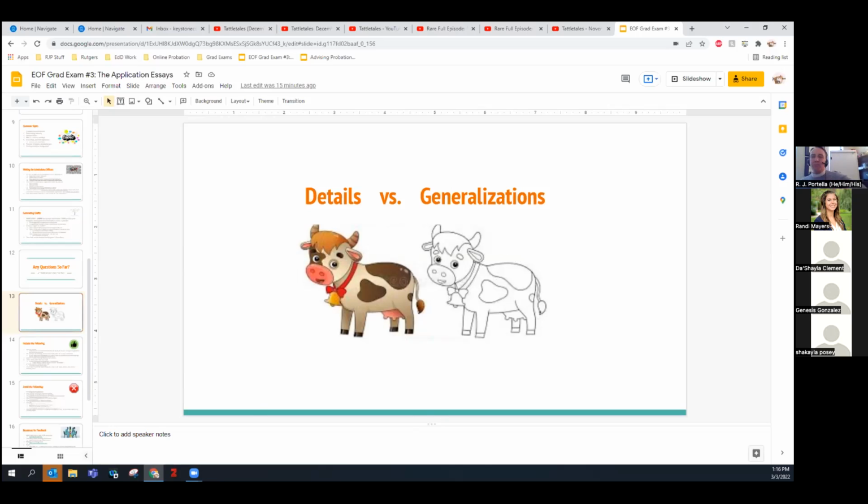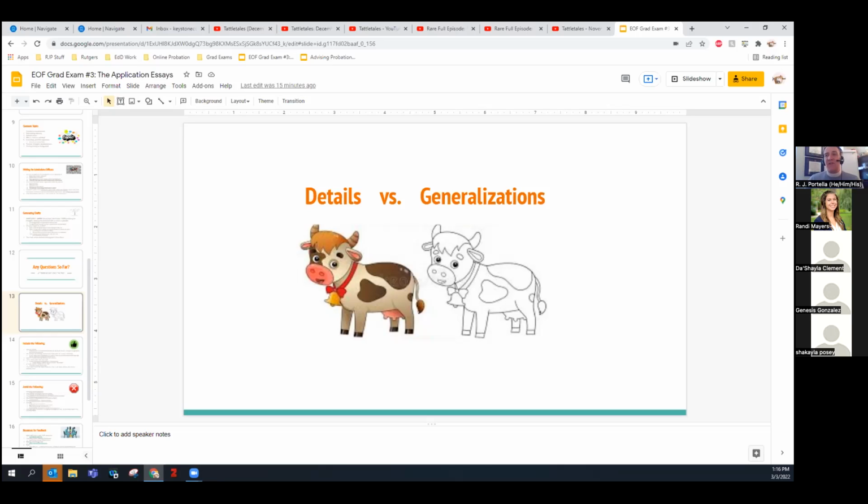They end up making broad generalizations and they don't tell the details of who they are. And if you keep it general, you are not distinguishing yourself from anyone else in that pile of essays that they have either in front of them or on the screen. And if you're not distinguishing yourself, your chances of being accepted might drop significantly.